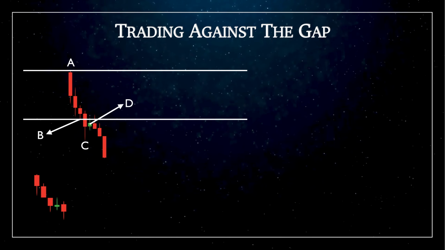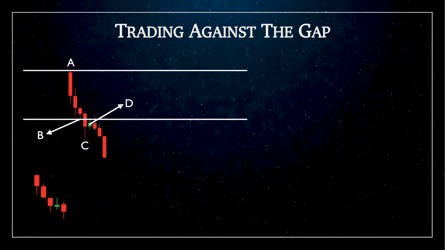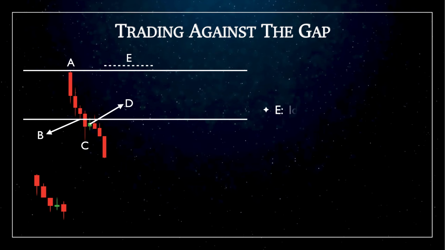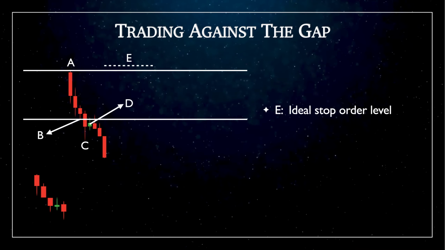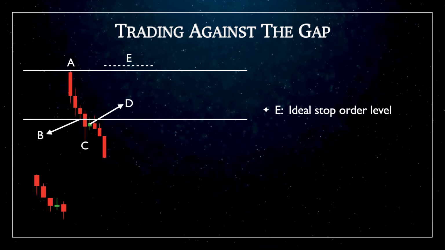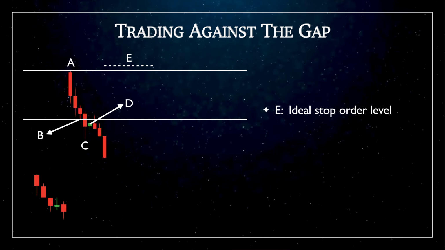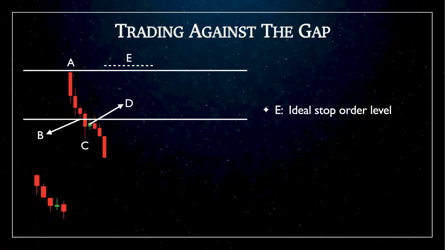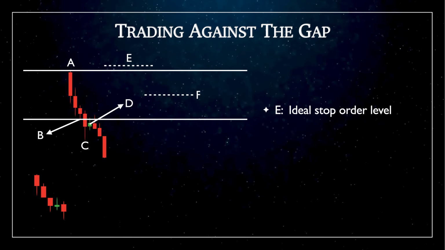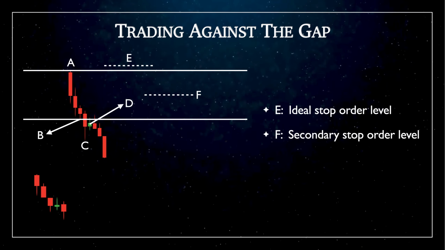The appropriate stop order for such a trade is slightly above the upper horizontal line. This level prevents you getting whipsawed, which is a phenomenon where price keeps hitting a close stop order. Again, if you find this level too far away for your comfort, you can place a stop order right in the middle of the range.